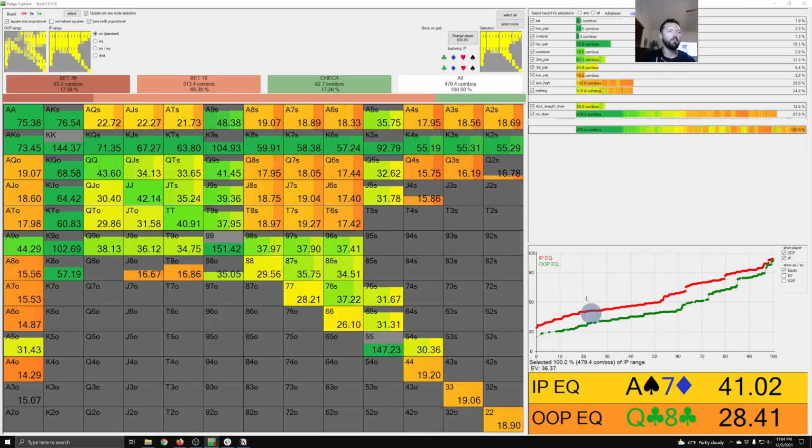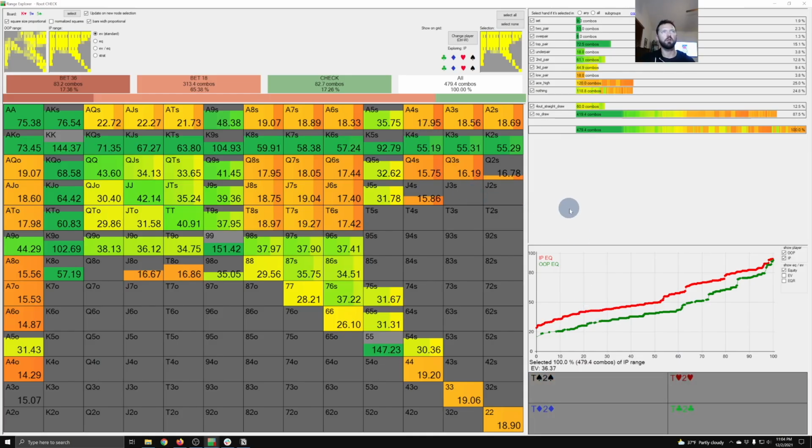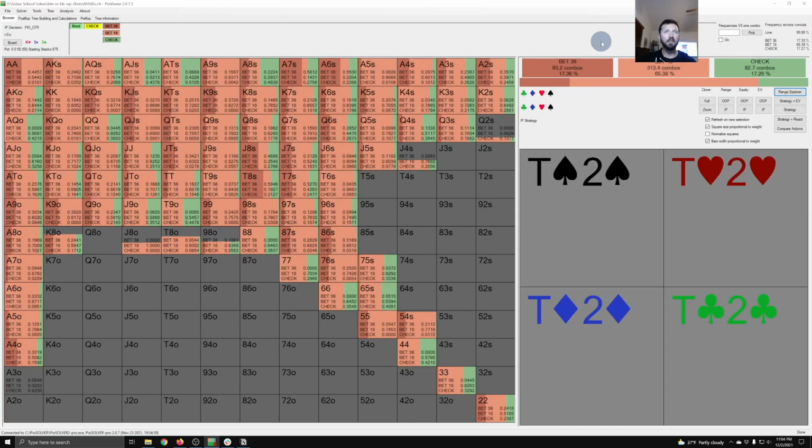So again, explore this Range Explorer. I think there's a lot of really cool things that you can do within it, so I would encourage you to spend a lot of time here. And that basically does it for the browser tab. Again, as you can see, there's a lot of information here. We just spent a lot of time going through the browser tab and exploring all of the things that we can within there. So now that we've worked through the tree building tab and the browser tab,